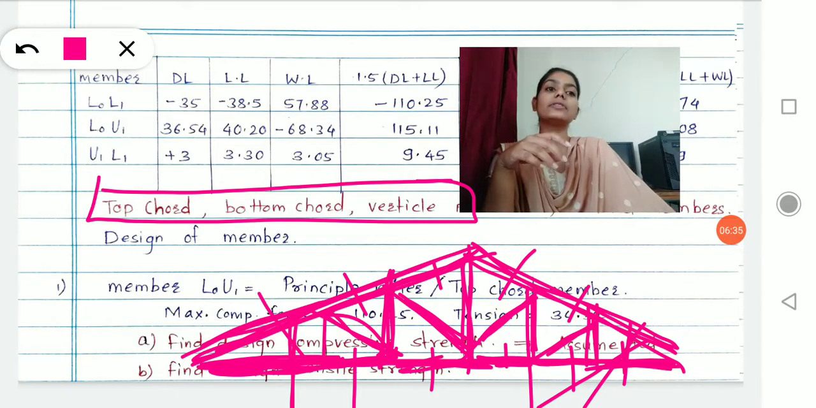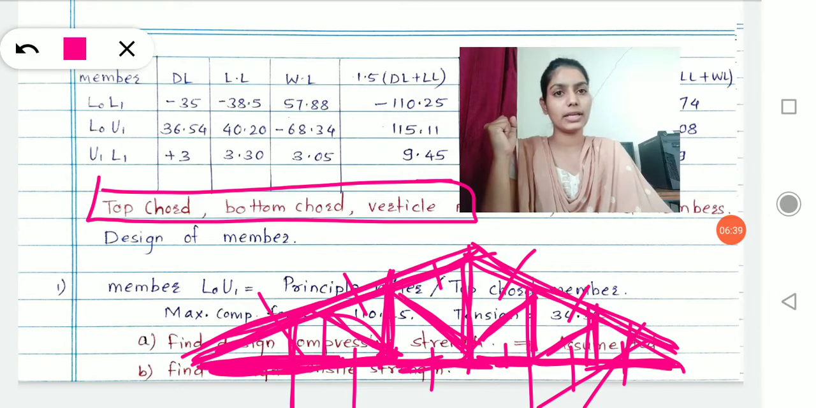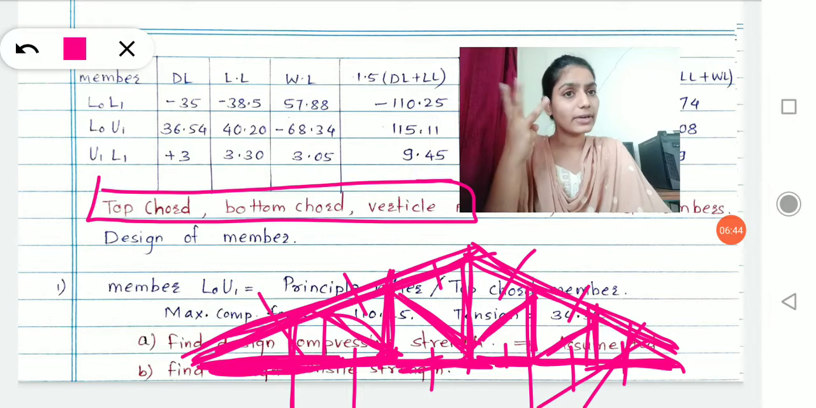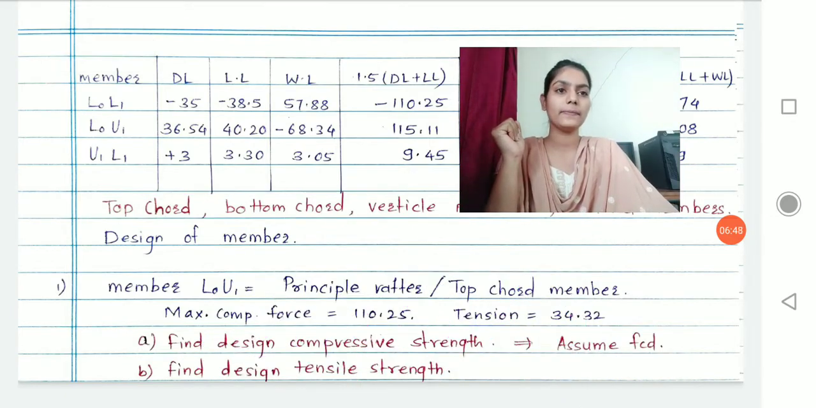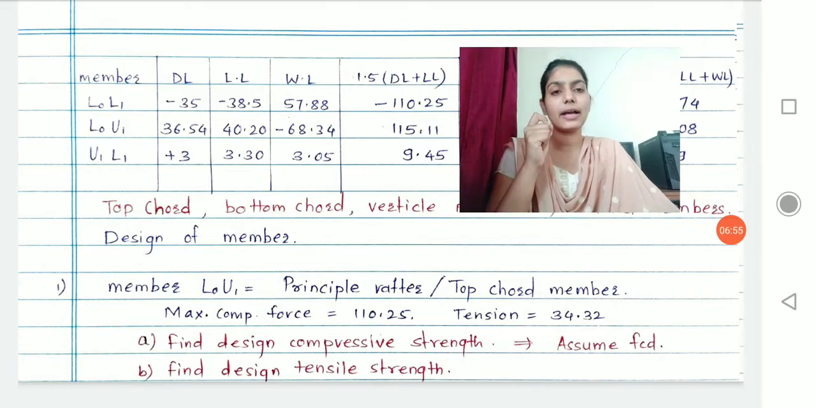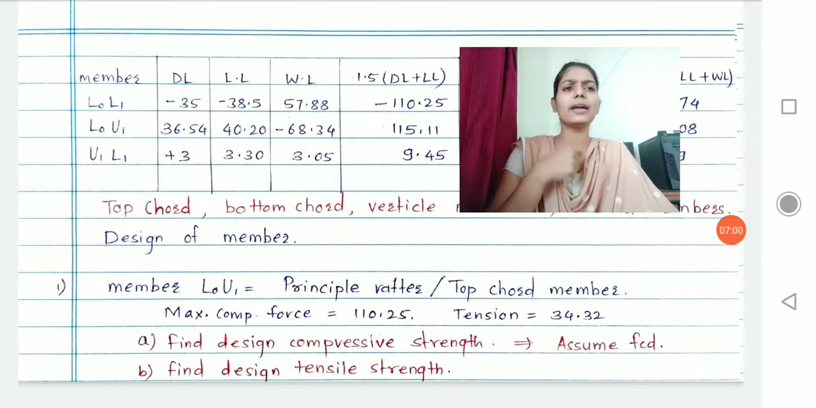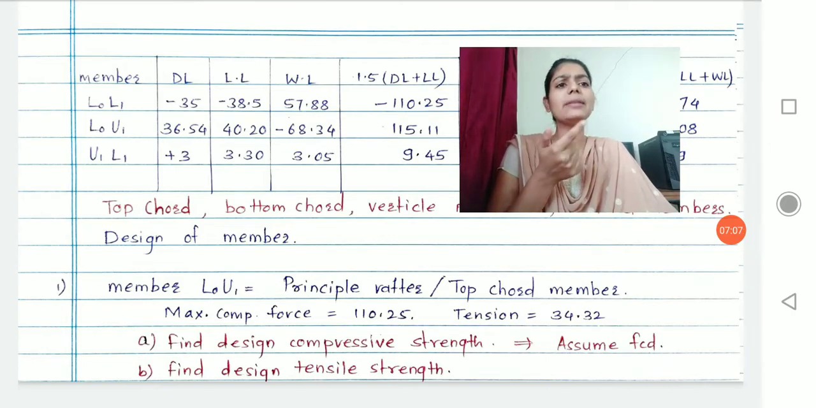So how many types of members are you supposed to design here? One top chord member, one bottom chord member, one vertical member, and one inclined member. Now the question is, if I'm designing this top chord, bottom chord, vertical and inclined member, why am I saying only one? Because in the diagram you must have observed that there are many members